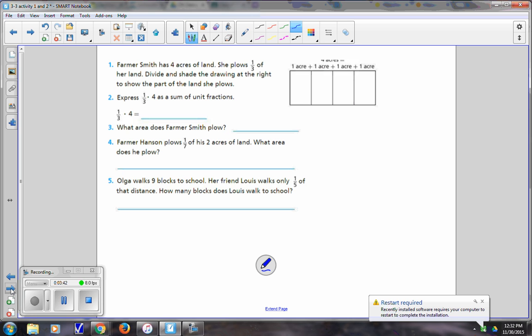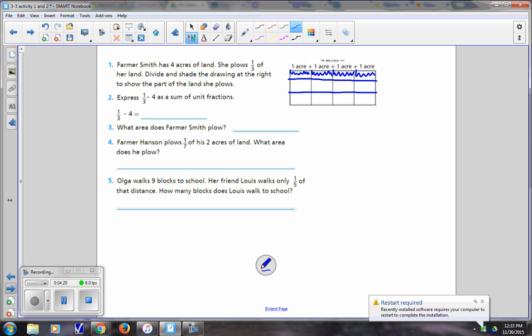So if you were to draw this picture, which you should draw this picture in your notes, you're going to have 4 equal acres, and then we're going to do 1, 2, 3 parts. So 1/3 of 4 acres, there's 1, would be this whole strip. 1/3 of 4 equals,